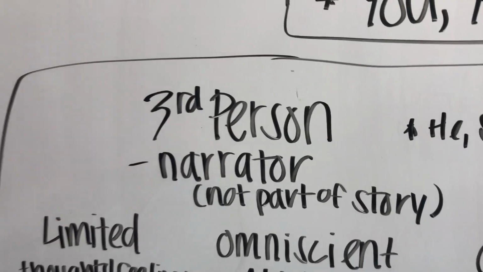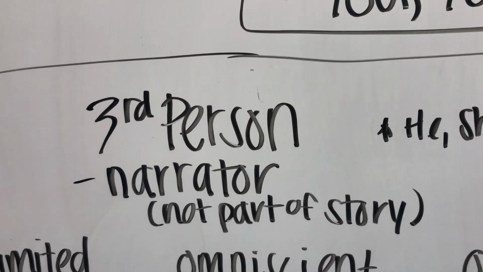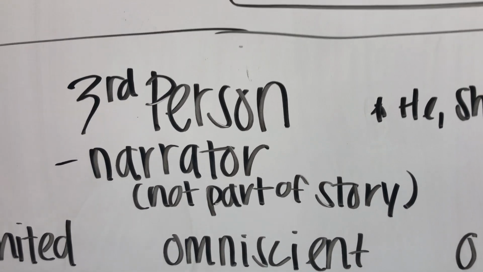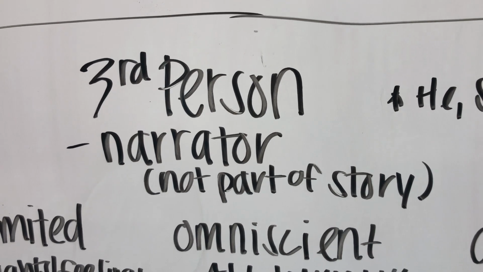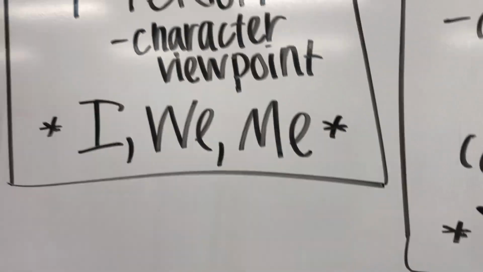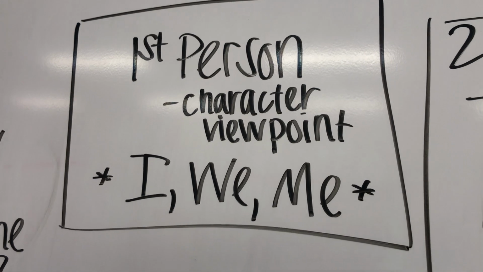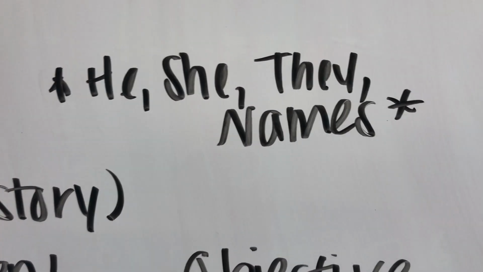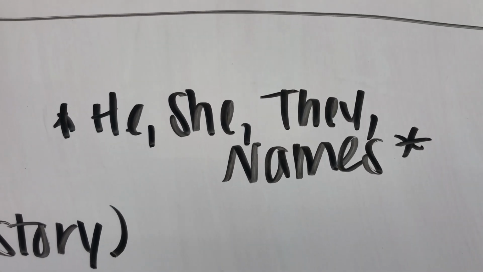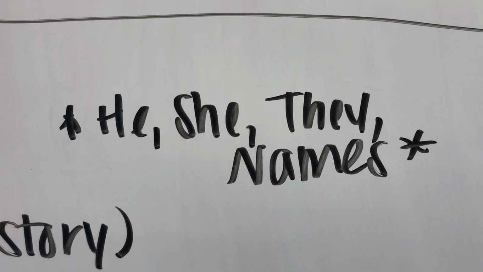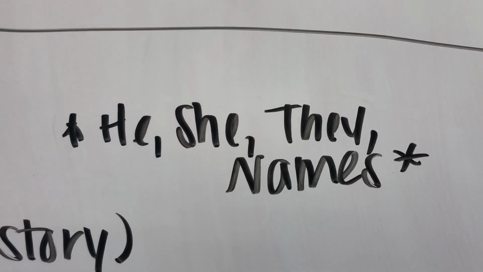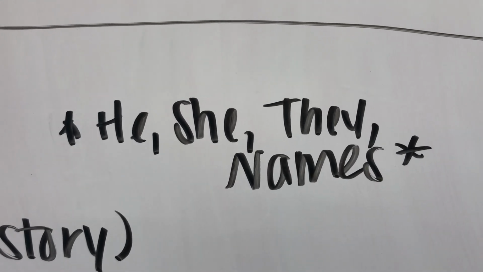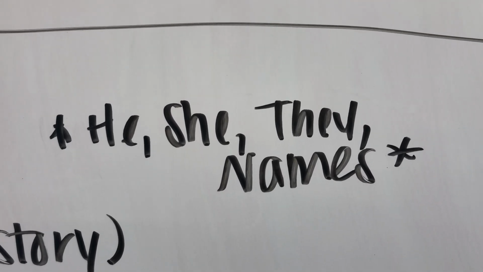Now, third person is when we have a narrator. So we have somebody that is not part of that story. So some other person that is telling what is going on. Third person and first person are going to be our most common points of view. Third person, some key words that you're going to see, they might say he did this, she did that. They'll also use the characters' names. So it might say Miss Snap and Emma went blah, blah, blah. All right? Using those characters' names to tell the story are really good key words to help you figure out